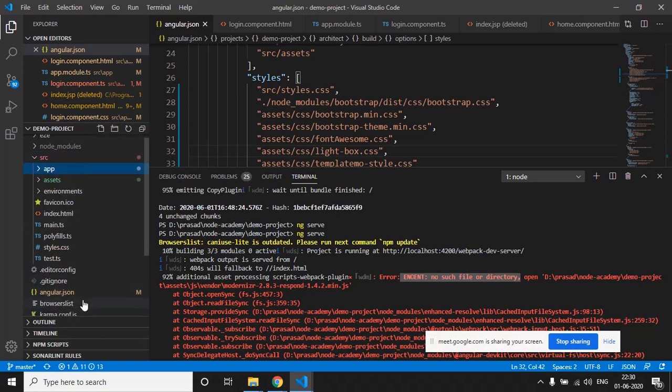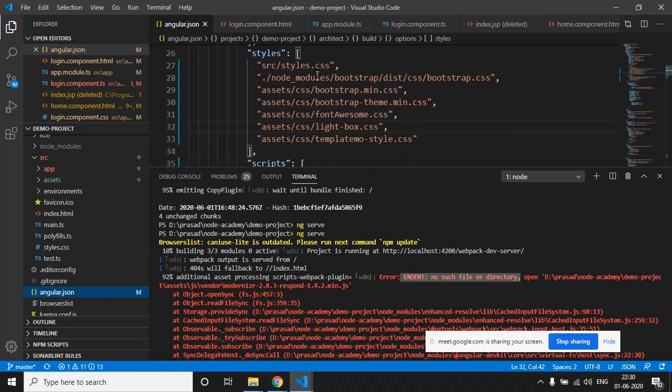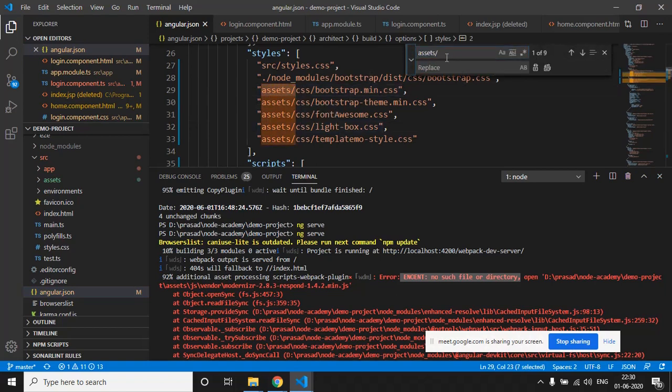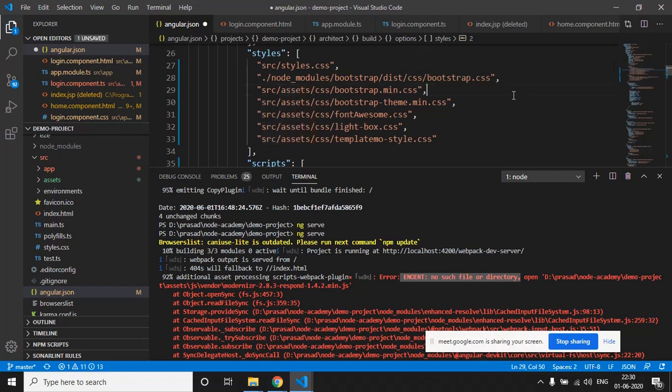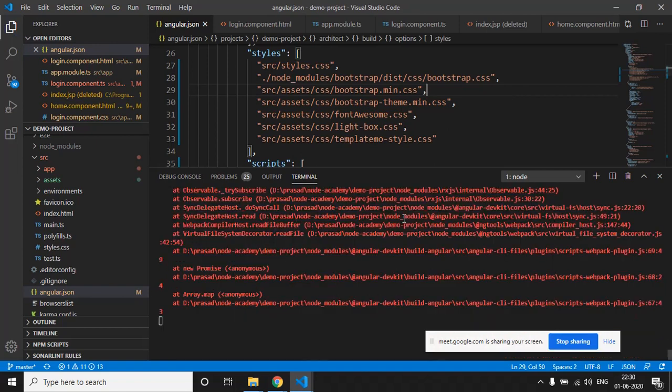We have given the path incorrectly. We have to give the path from the source, then assets. We will just replace our path and recompile our Angular application.